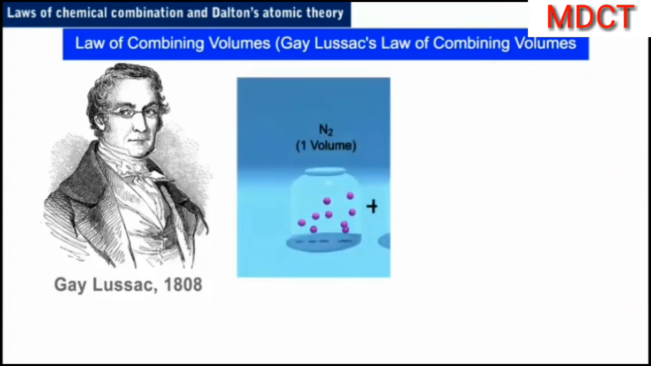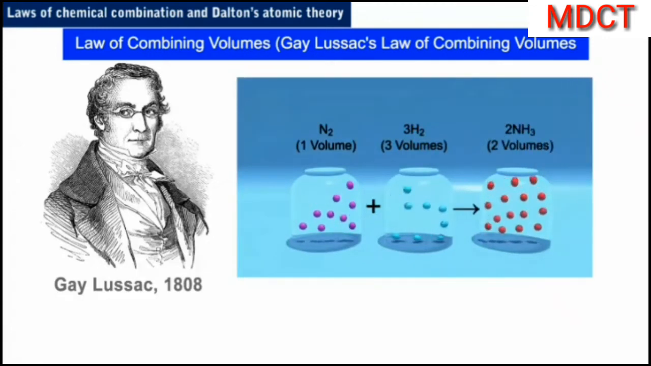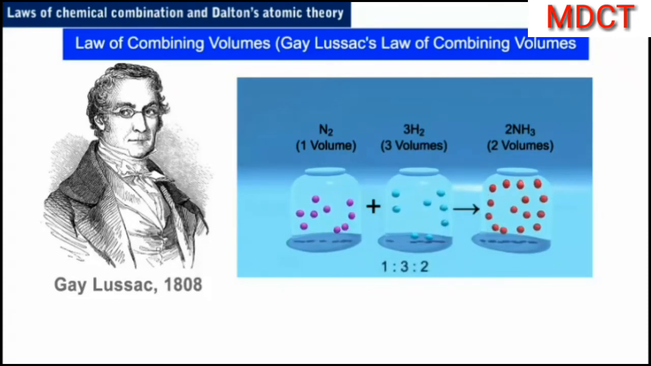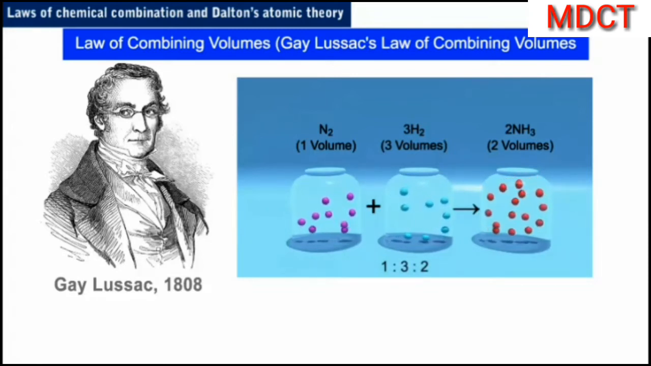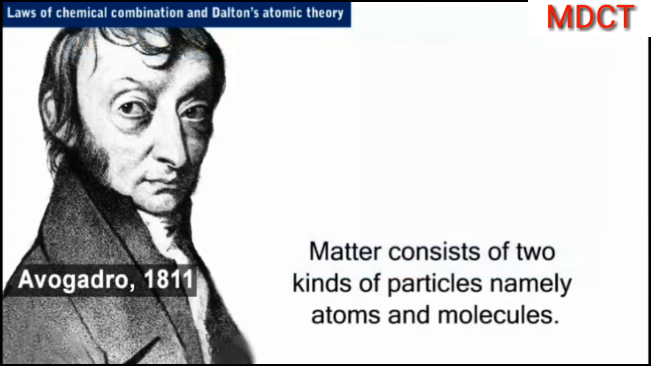Another example is when 1 liter of nitrogen gas reacts with 3 liters of hydrogen gas to produce 2 liters of ammonia gas. Since all the reactants and products are gases, the known ratio of nitrogen gas to hydrogen gas to ammonia gas is the same as the ratio of the volume of each gas participating in the reaction. That is 1:3:2. In 1811, Avogadro suggested that matter consists of 2 kinds of particles,